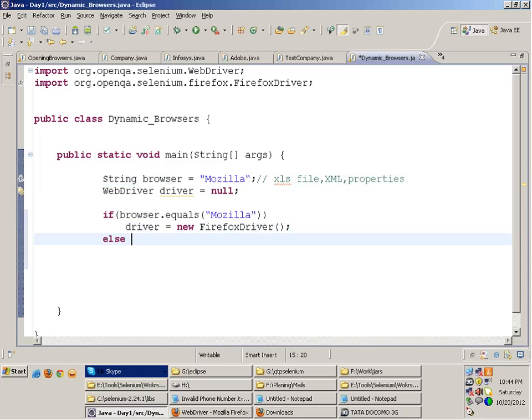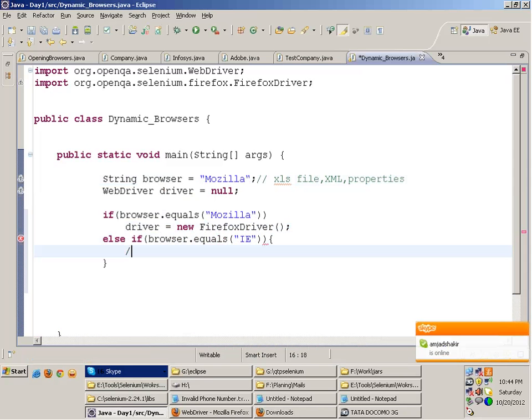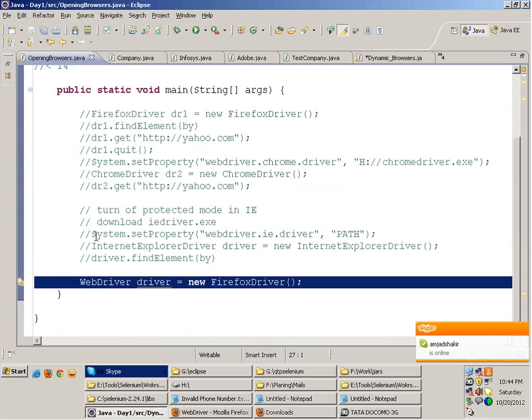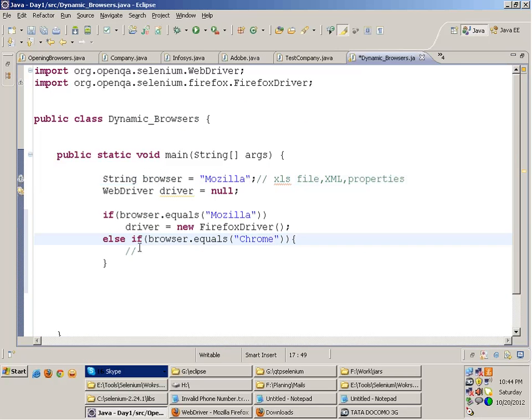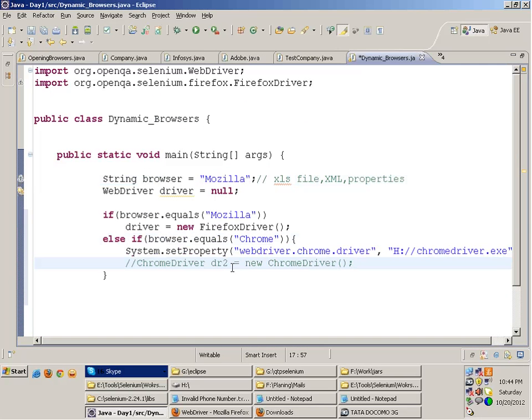Else if browser is equal to IE, then as I told you, you set the system path, or let us do it for Chrome first. Chrome. Then the way we did it earlier for Chrome, you have to set the system paths and initialize Chrome driver. Driver equals new Chrome driver, fine.